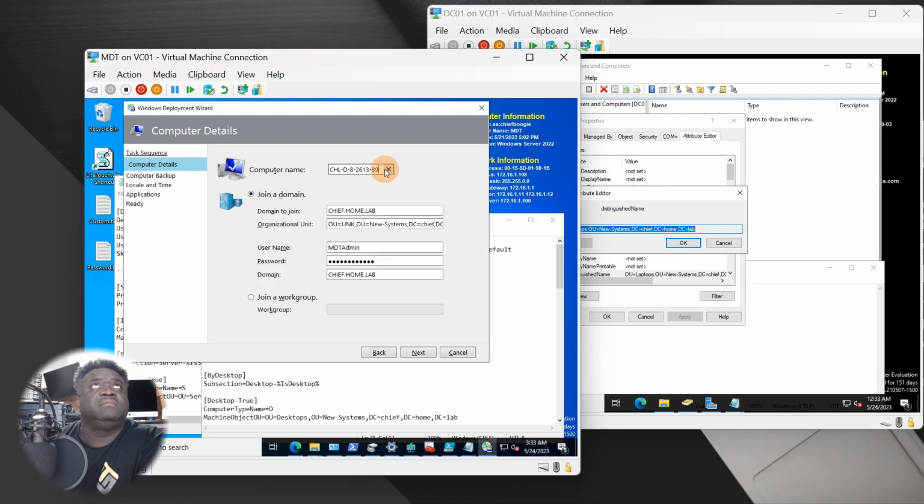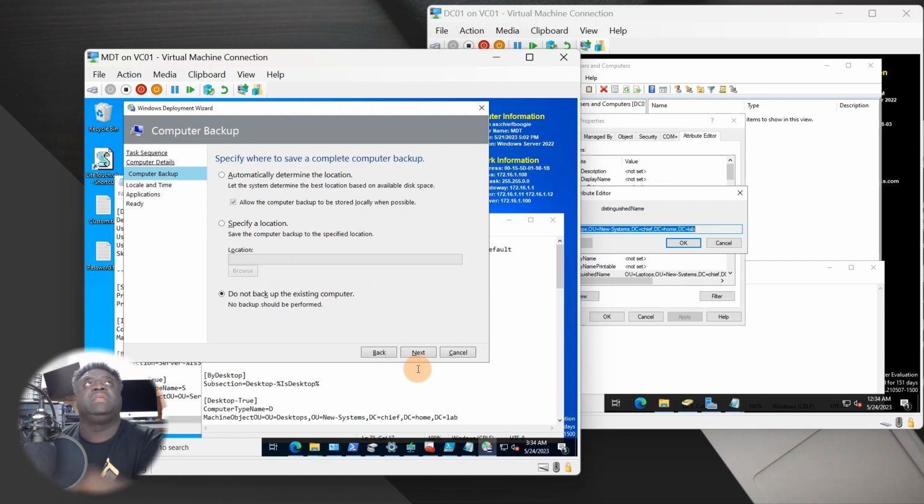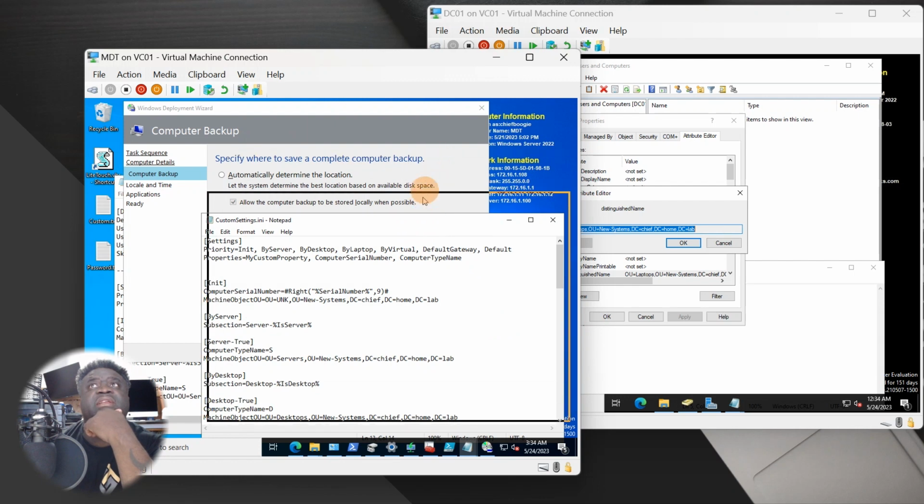So the dashes are also included in the name. So this is how this computer would come over, and it would put it in the unknown right here, because that's how it would pick it up, right? So as you can see, now we can move to the next step. So the next step is asking for a computer backup. Where do you want to save a backup of this computer? Now we're saying we don't want to see this, right? We don't want to have to do anything with this. So in your custom.ini folder,